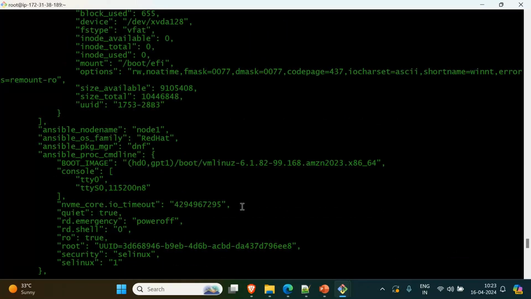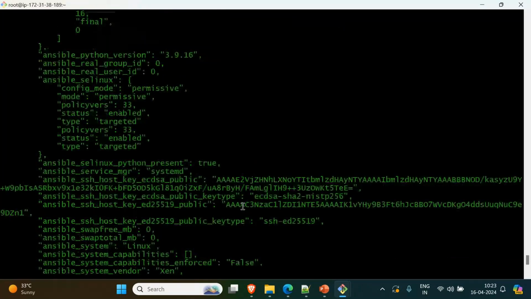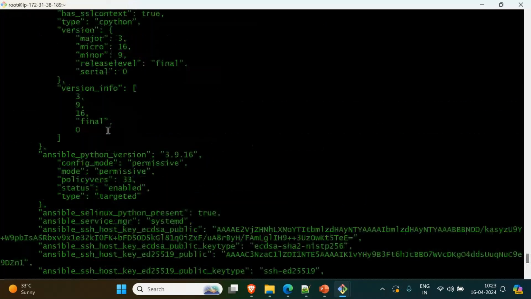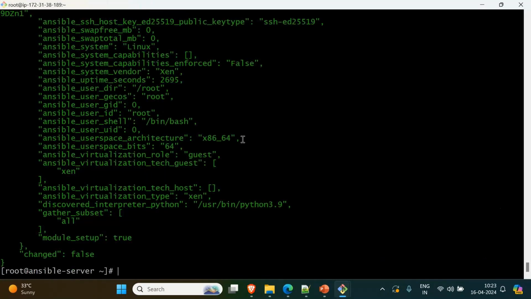I'm searching for the family. Let me know if you're able to see it. If you're not able to find it, no problem, you can filter it out of this, whatever you want you can filter out. For example, I want to know the Ansible family name, then use the same command, to